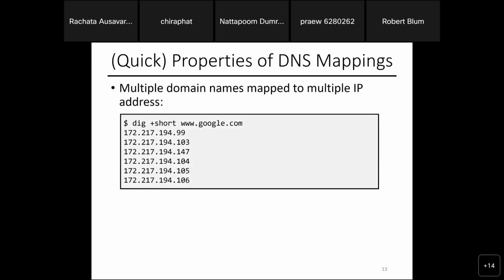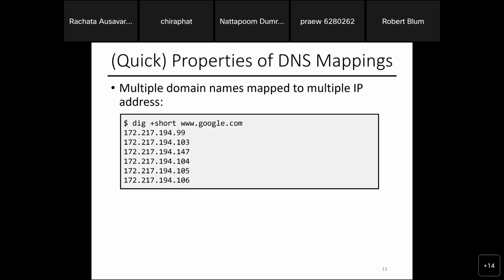Multiple domain names can also be mapped to multiple IP addresses. For example, Google doesn't have only one IP, they have multiple. There are actually benefits in that. Also, disadvantages, which is you have to pay the price, actual dollars, to maintain that. All right. You also have to pay the price of making sure you manage the data correctly. What happens to one machine?